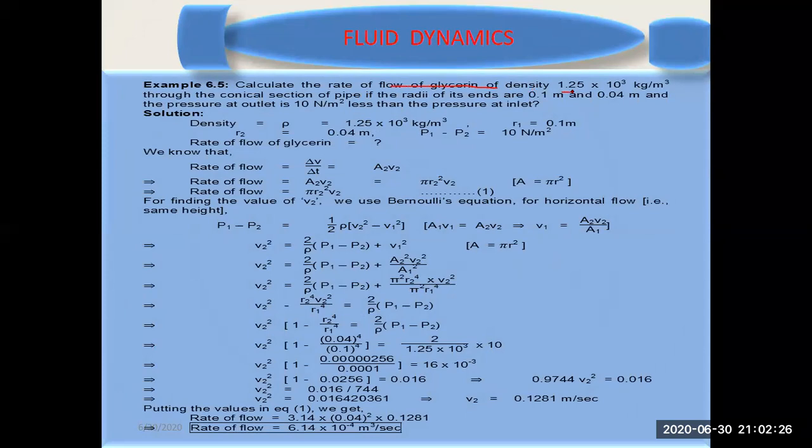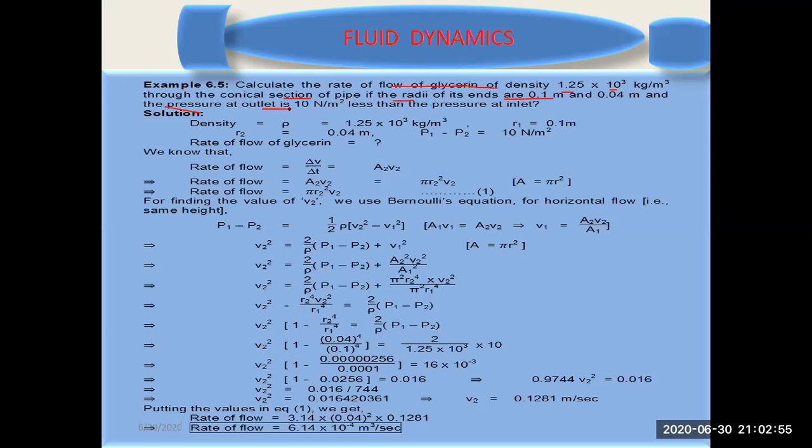If you look at it, along with Bernoulli's equation, glycerine of density 1.25 times 10 to the power 3 kg per meter cube flows through the conical section of the pipe. The radii of its ends are 0.1 meter and 0.04 meter. The pressure at the outlet is 10 Newton per meter square